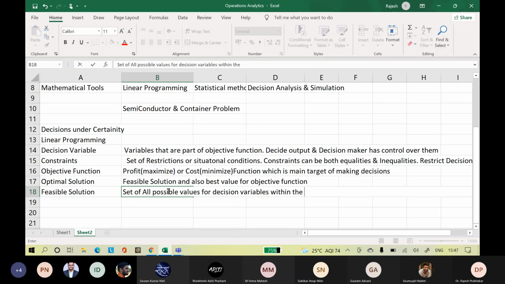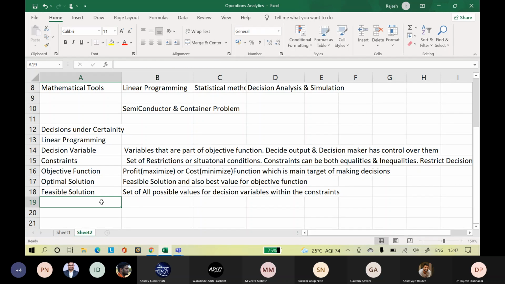Within the constraints, we call it a feasible solution.